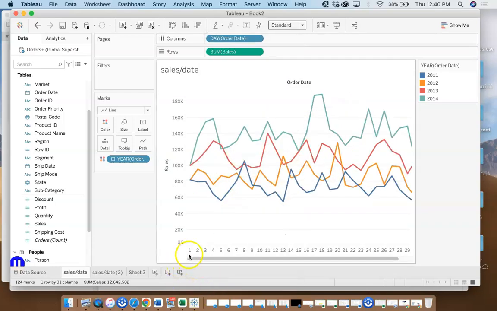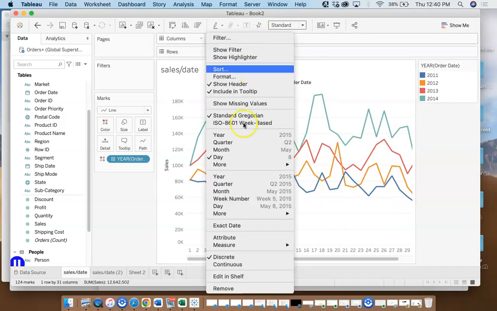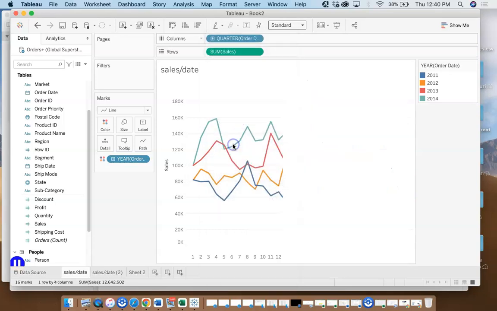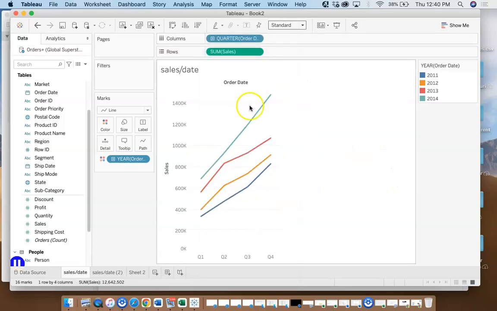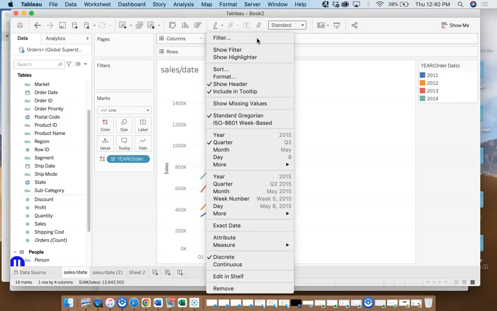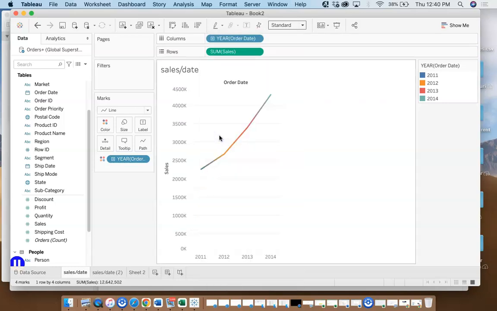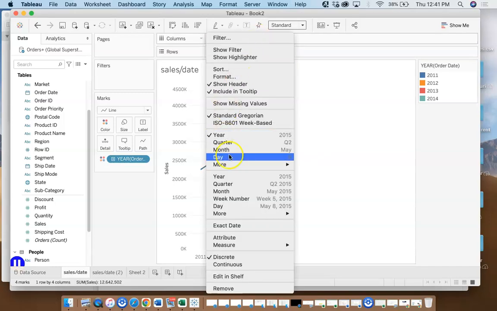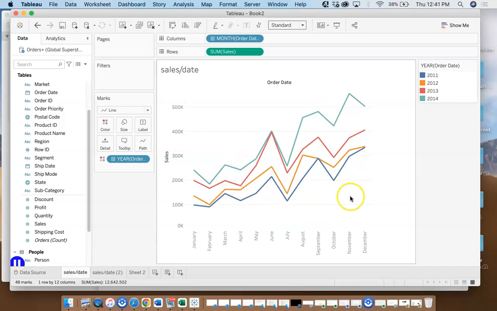So you can see we are looking at the days and it looks like this, or you may decide to bring it back to quarters, and so it can look like this, or probably you want this to look in terms of years, so you can see different colors from 2011 to 2014. We have different colors. So let me bring this back to months,